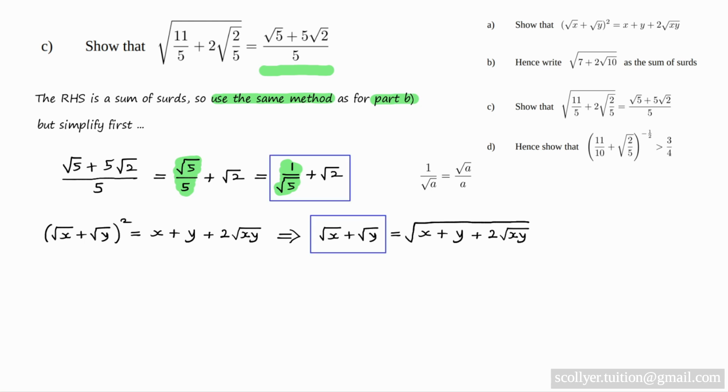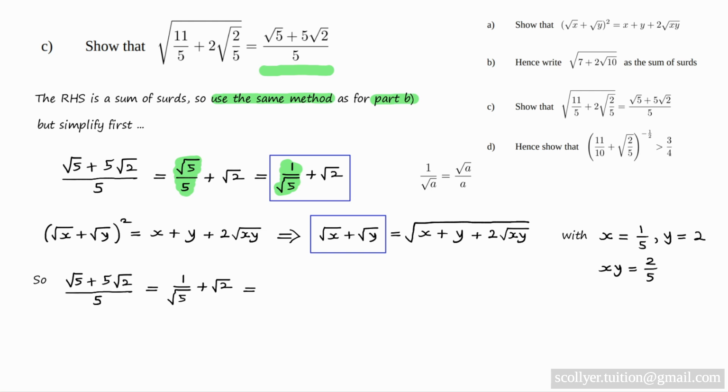And now we note that the expression √x + √y can be turned into 1/√5 + √2 if we set x = 1/5 and y = 2, which gives xy = 2/5. And now by substitution we see that (√5 + 5√2)/5, which equals 1/√5 + √2, equals, by substitution into the right-hand side of the expression above, the square root of